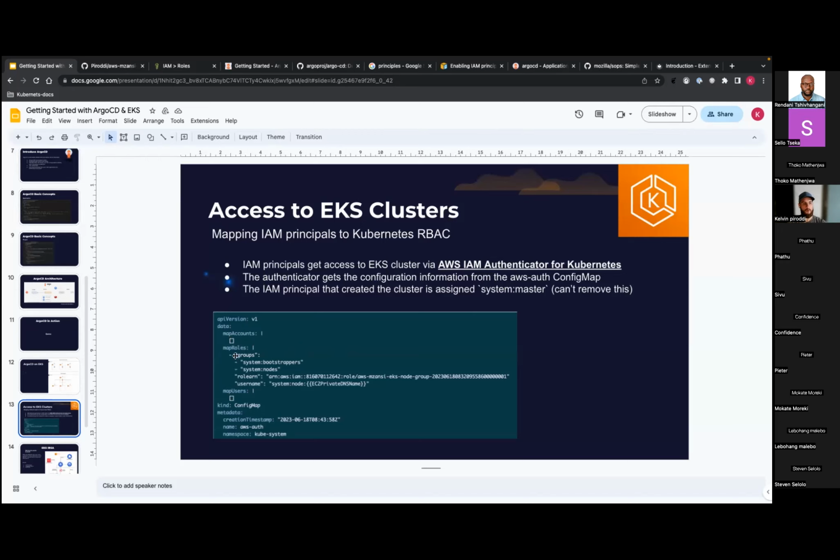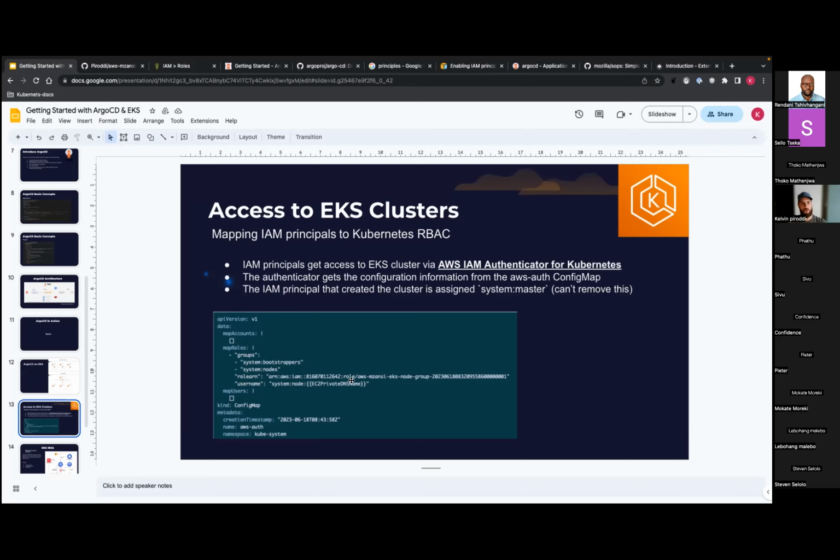So in this map roles section, I can say, hey, this role ARN has this group, because obviously in Kubernetes RBAC, you can have groups which are linked to service accounts. And a service account is basically just like an ID on Kubernetes, like, hey, I belong to service account A, so my name is A. You can think of it like that. So this config map is basically how you map Kubernetes groups to a role ARN. It doesn't have to be groups, it can be service accounts, it can be users, and so forth.